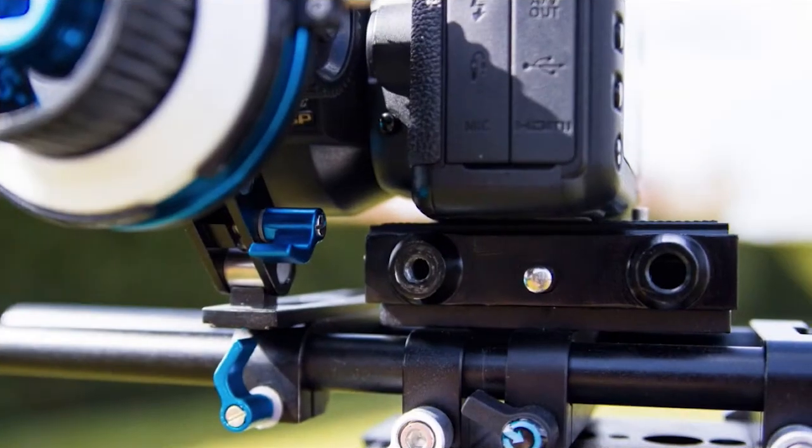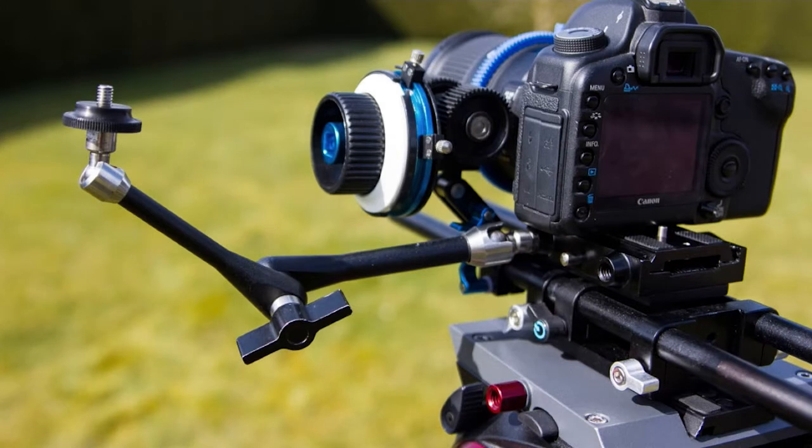Or you can also add it to your quick release plate if it supports it, or on some other place. I use the quick release on the left side, that's a 1/4 inch screw, to add my magic arm in. So whenever I do that, you can see here is the magic arm. You can turn this knob loose and then you just place the magic arm wherever you want, tighten it back up,